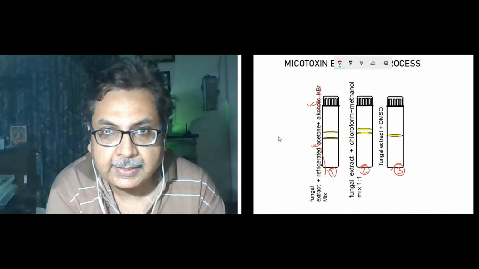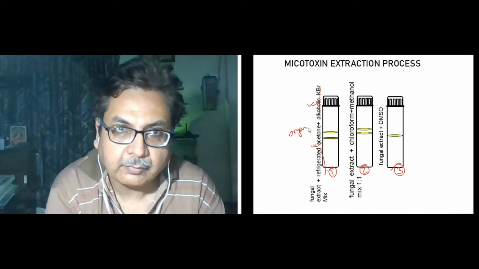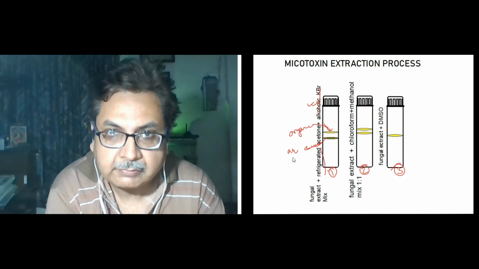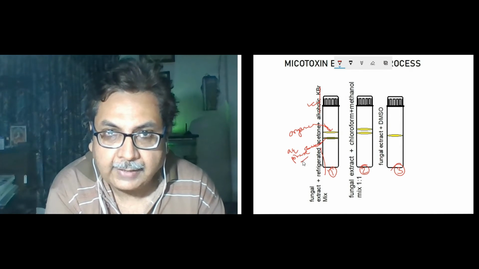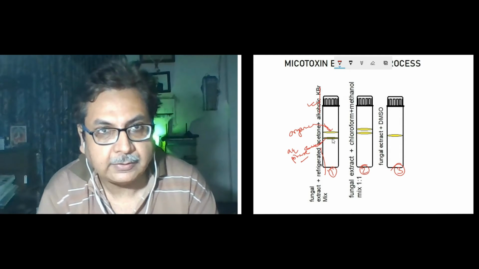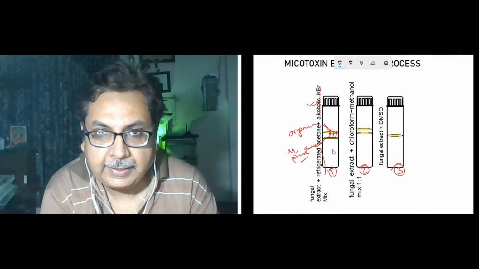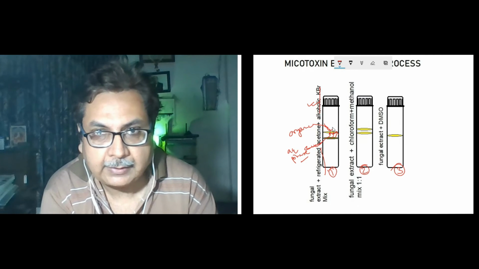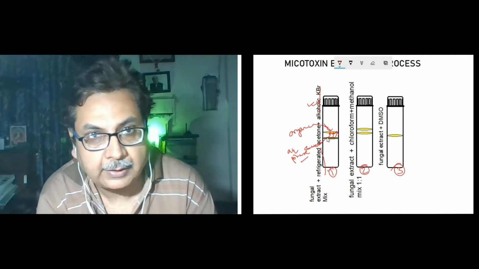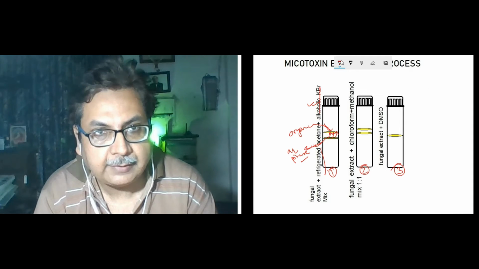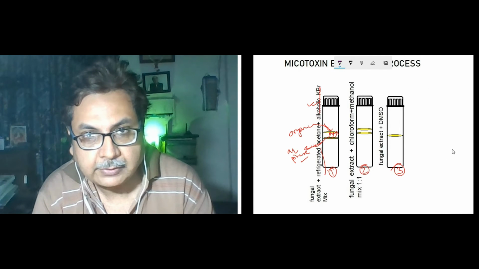Now what is this refrigerated acetone and this alcoholic caviar? This makes an aqueous phase layer and an organic phase layer. This is a two phase layer extraction. What happens is, in the presence of the organic phase layer, a phase transfer takes place, and the mycotoxin is extracted from the inorganic phase layer to the organic phase layer. So here we are just extracting the mycotoxin from the inorganic phase to the organic phase, and this takes